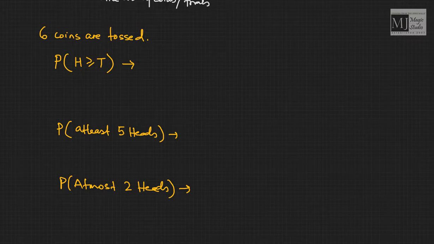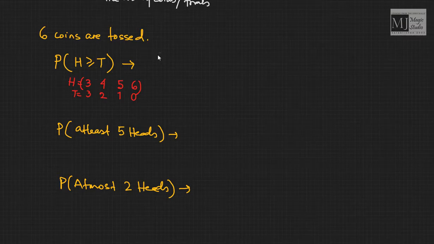Okay, hopefully you all must have tried. Let's see, एकदम basic questions हैं. Probability that number of heads are greater than or equals to tail. 6 coins हैं, तो number of heads can be equals to 3, then tail is 3. If number of heads are 4, then tails are equals to 2. अगर number of heads 5 हो जाएं तो tail 1 रहेगा. Number of heads 6 हो तो tail 0 आएगा. That means I need all these 4 cases.